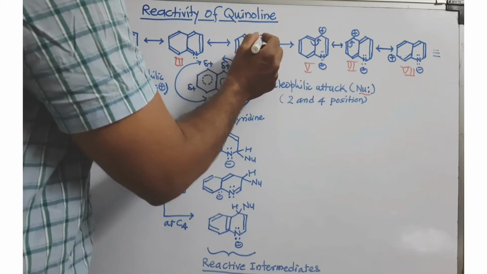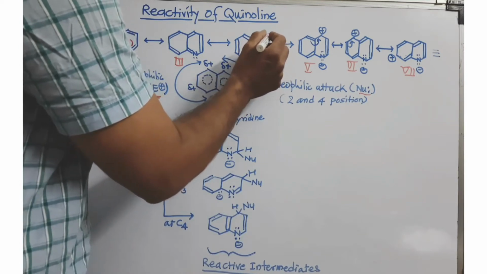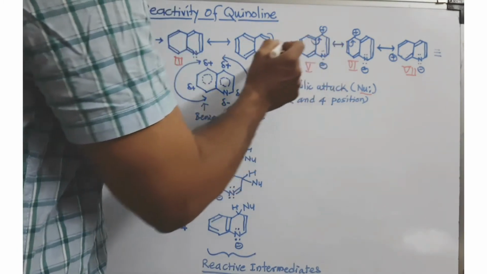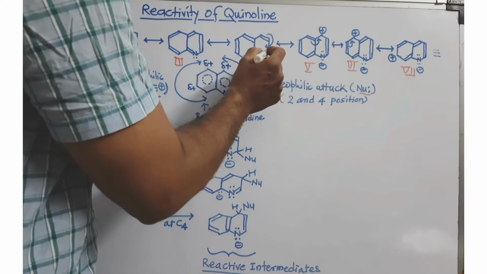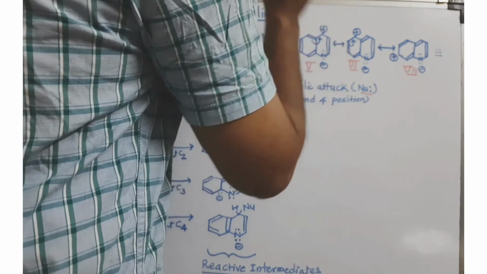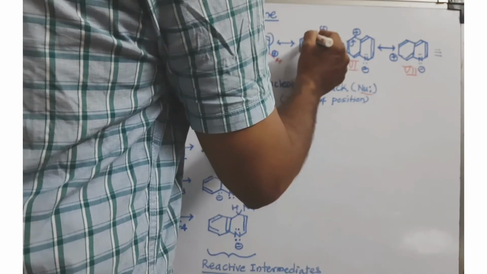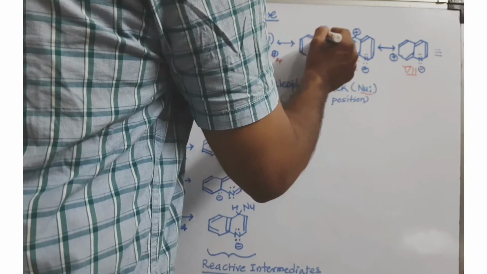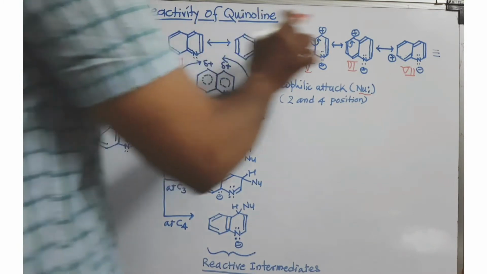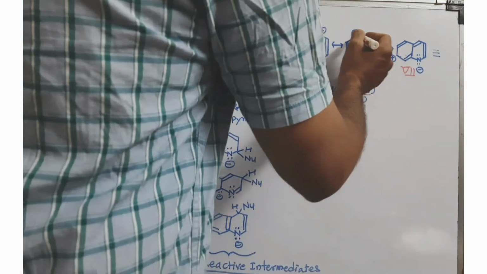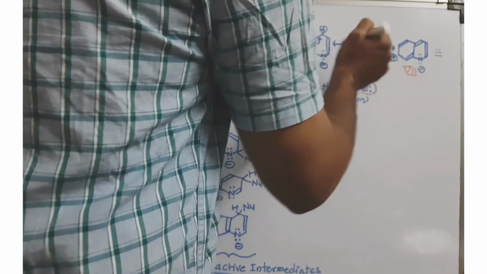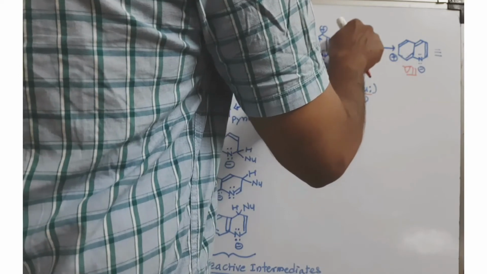Again, I am doing the same thing. I am just shifting the double bond from the adjacent carbon, between carbon number 2 and 3, to get a new double bond. Because of that, the positive charge is moved from carbon number 2 to carbon number 4. Again, I can shift the adjacent pi bond. You always select the adjacent pi bond. This is the adjacent pi bond to this carbon, so I am moving this pi bond in between these carbons, and the numbering is not given here. If I do that, a similar kind of electronic structure is developed, with positive charge at carbon number 5.